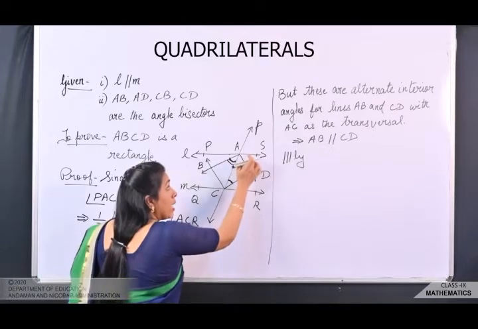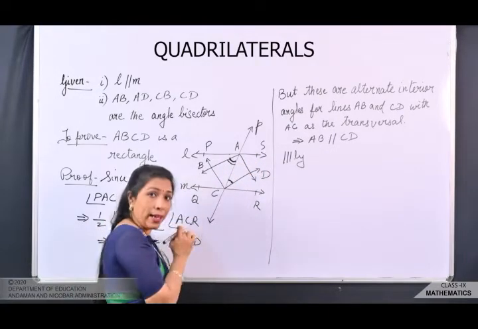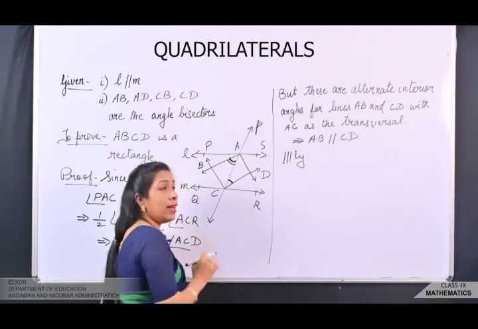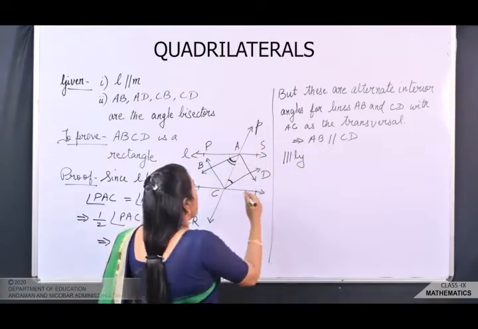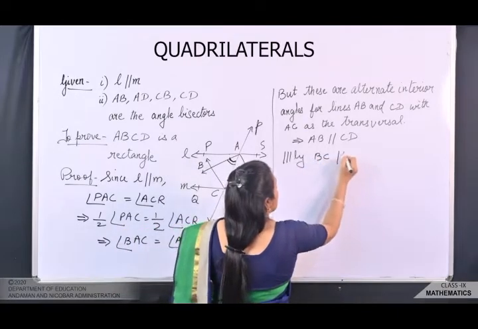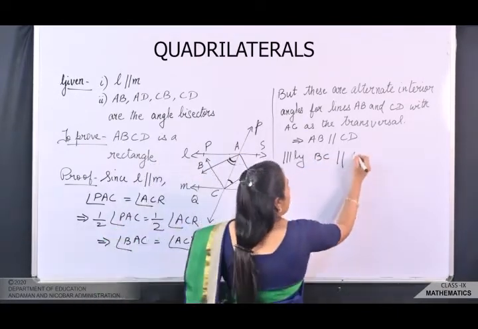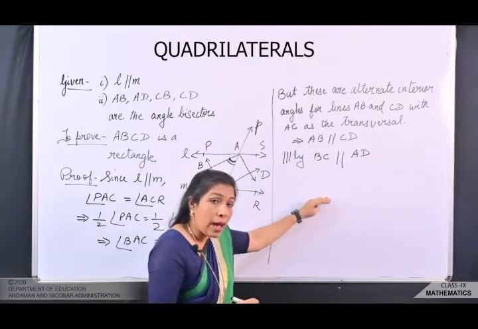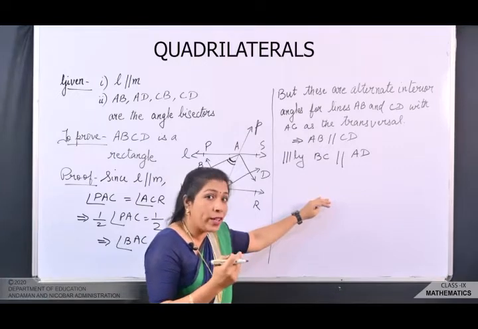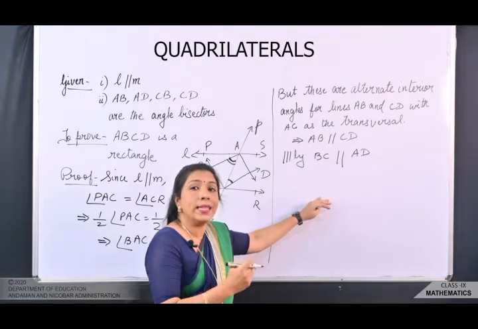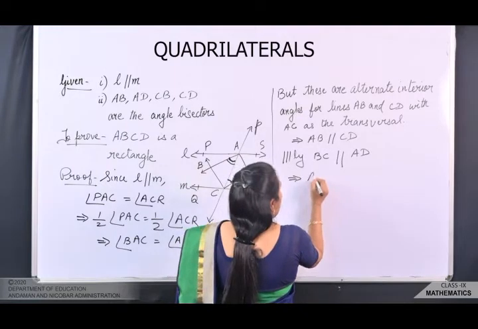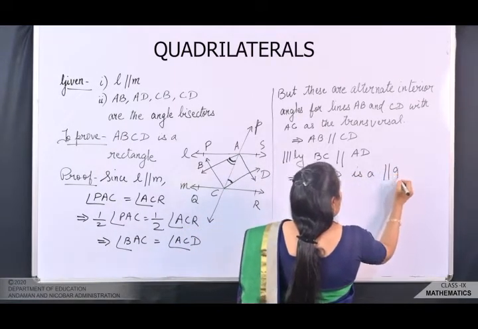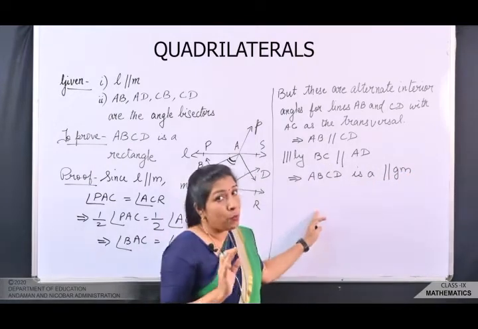कब? जब हम लेंगे कि this angle is equal to this angle, फिर उसका हाफ लेंगे, हाफ की जगह पर आप this angle and this angle लेंगे, तो same way we will get that BC is parallel to AD. Right? So हमें opposite sides parallel मिल गया, and if the opposite sides are parallel, what can we say? We can say that it is a parallelogram. Implies ABCD is a parallelogram. तो हमारा parallelogram प्रूव हो चुका है.